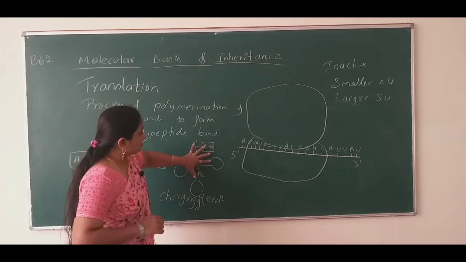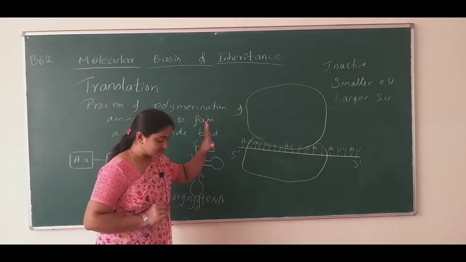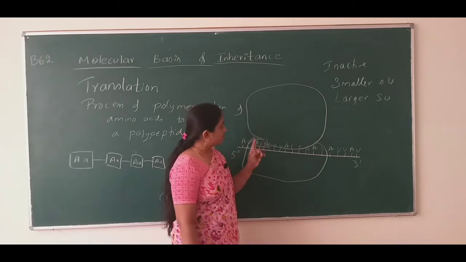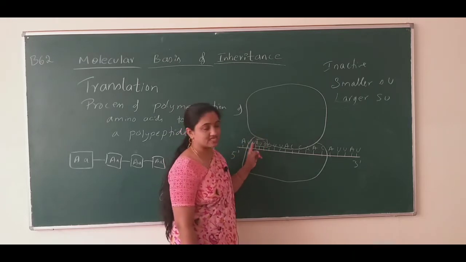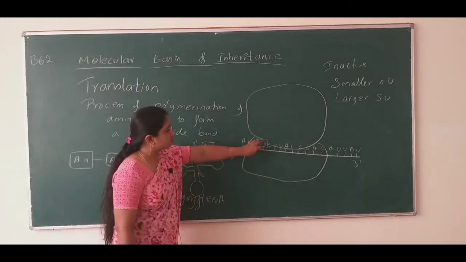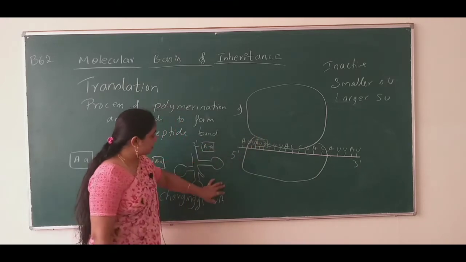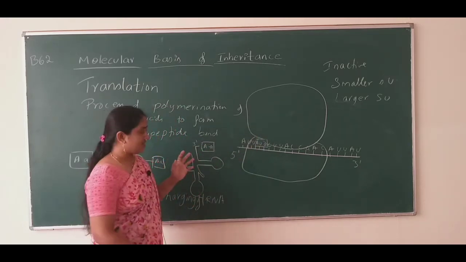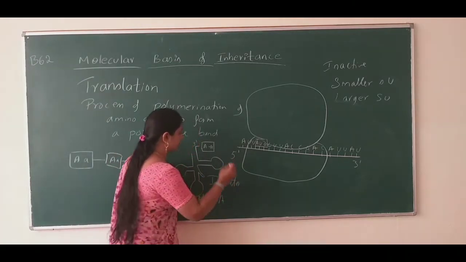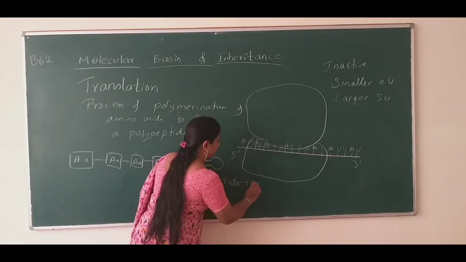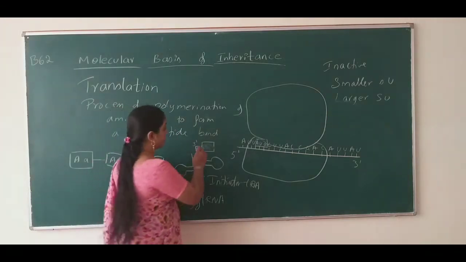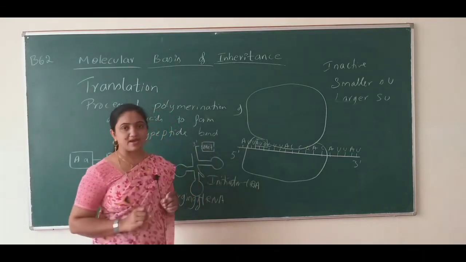So consider now, as I told you in the last sessions itself, AUG acts as an initiator codon. From here the translation process initiates. The tRNA, particularly the initiator tRNA, binds to this triplet codon. It will bring the amino acid. Which amino acid should it bring? It should bring the methionine amino acid.